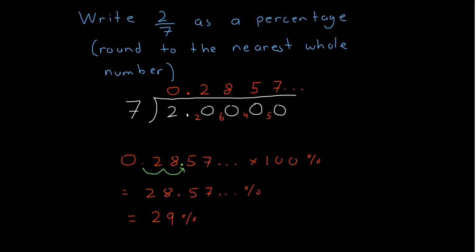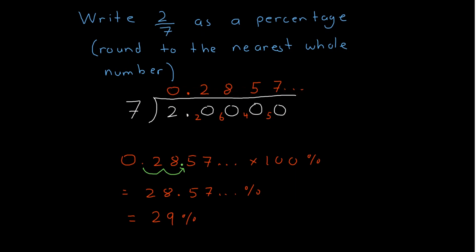What I'm going to do here is I'm going to write 2/7 as a decimal first because I know how to do that, and then I'm going to convert it to a percentage. It's kind of hard to make 2/7 a percentage right away because I can't really convert 7 to 100 by timesing it by any convenient number like I could if I had 50 on the bottom. I could just times it by 2. So let's do it. We divide 2 into 7 and we go like this, and you guys know how to do a division. You've done a bunch of them already, so it's